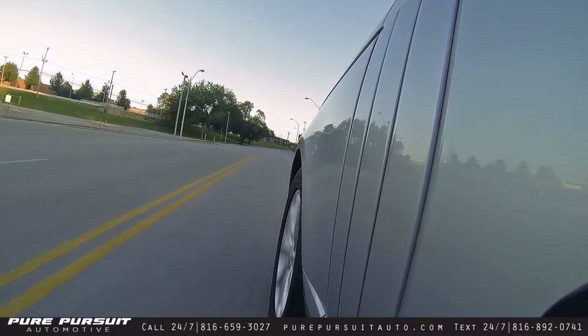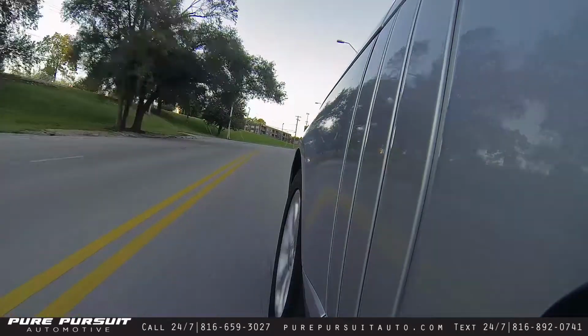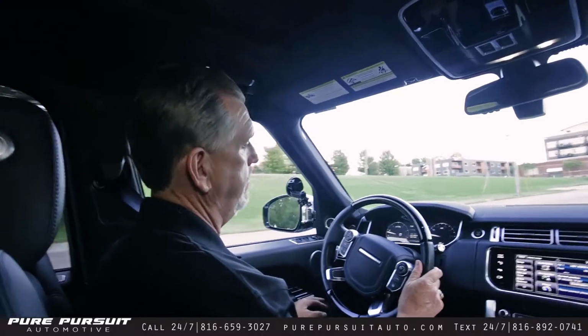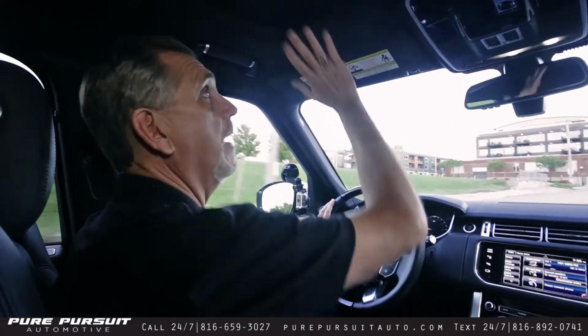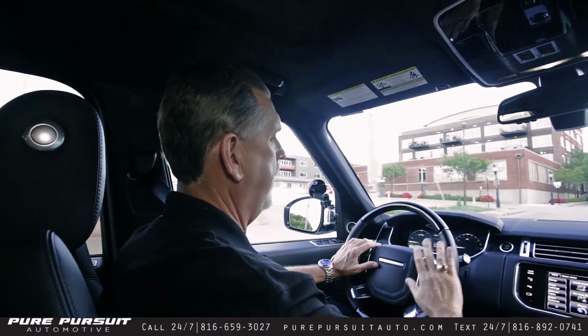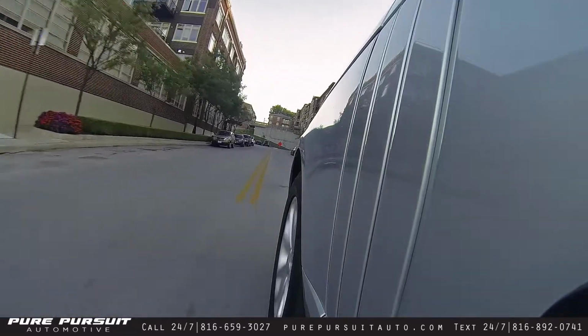It gets there quickly. The shifting is immaculate, clean, sharp, not jerky, just pretty much perfect. The vehicle drives like a dream. And again, you've got lots of room, lots of space here. The vehicle itself has so many amenities that it would probably take several days to several weeks